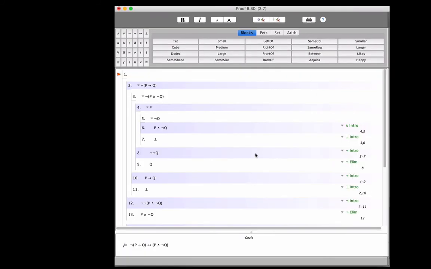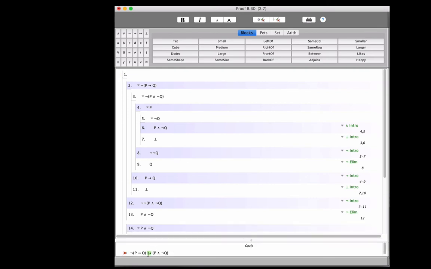All right, now 8.30 is another exercise in which you're given a necessarily true sentence. In this case, it's not the case that if P then Q, if and only if P but not Q. So we want to look at what the conclusion is, which is a biconditional, and we're going to set up